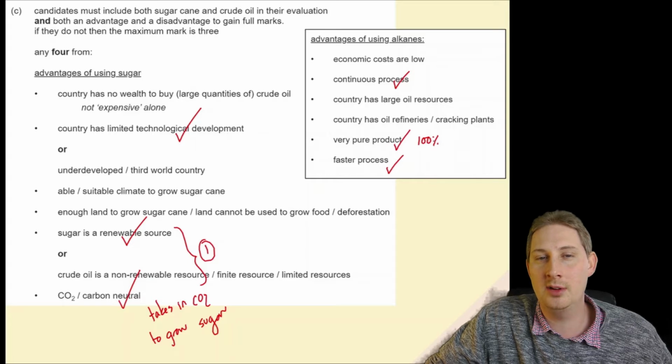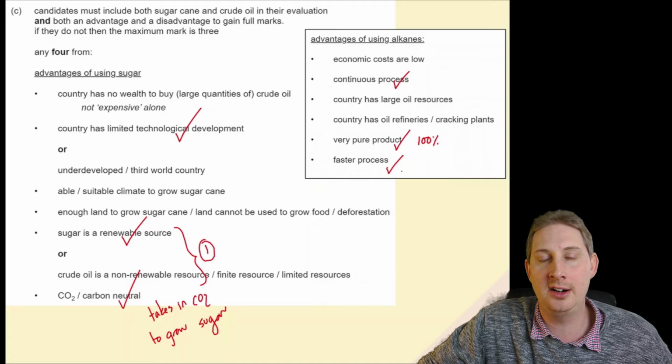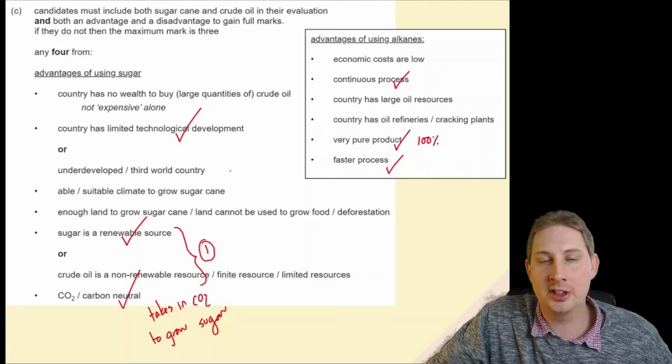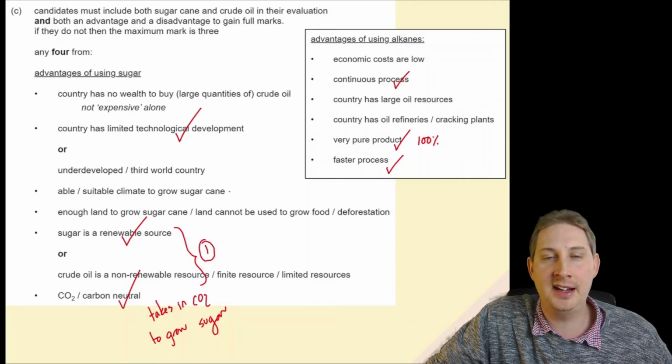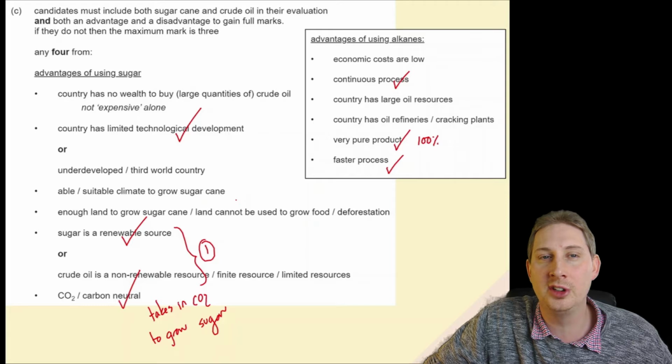And so between those points, you really should have got 4 marks that were valid and would have counted towards your total. There are other things here. You could talk about a third world country not being able to afford big oil refineries, the fact that if you've got a really nice sunny climate, then growing sugarcane is nice and easy, or if you've got loads of land, that's not a problem. But I think the ones I've ticked are the most obvious ones for you to put down,